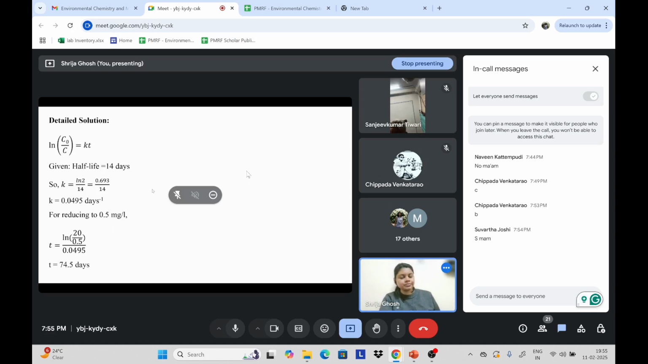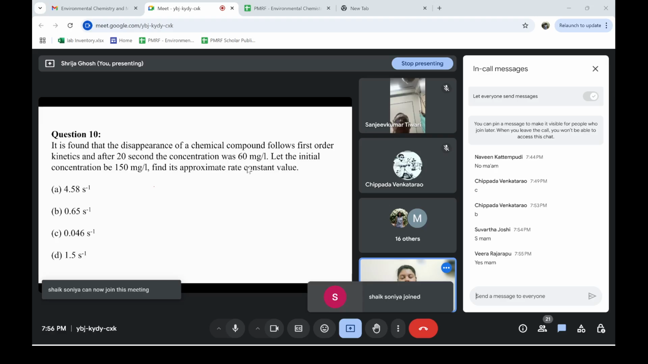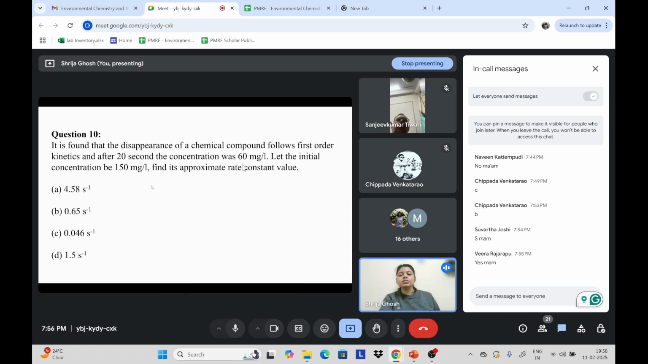Okay. I hope this is clear to everyone. Everyone is able to solve this. Then I'll move on to the next question. It is found that the disappearance of